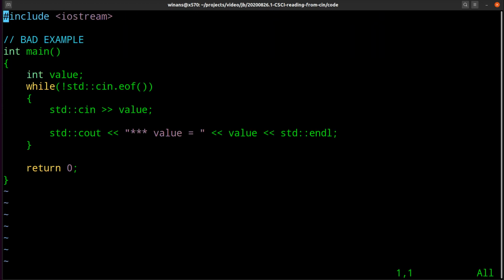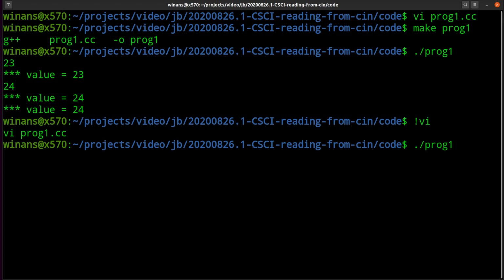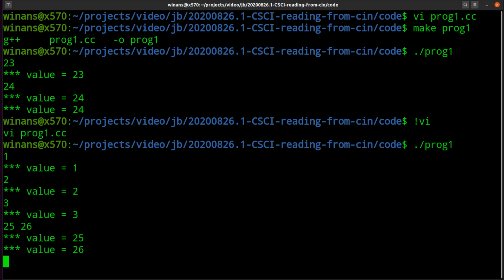So let's look and see what happens in there. Why is it doing that? Well, somehow it executed this thing one extra time. All right, let's look at another problem with this program. Let's say I put a 1 in here, and then I put a 2, and I put a 3. Everything looks good so far. And let's say I put a 25, and then I put a 26 in here. That's okay as well, right? Because all it needs is any white space at all between two values, it'll treat as a delimiter. So when I hit enter right now, it'll get both 25 and 26.